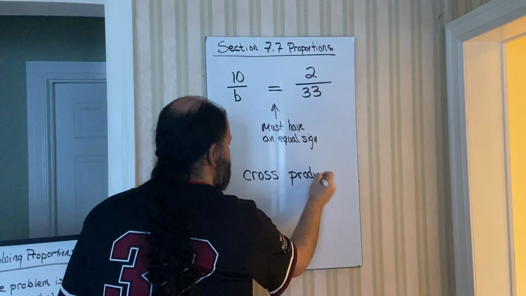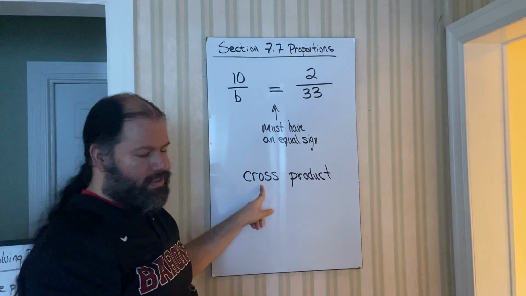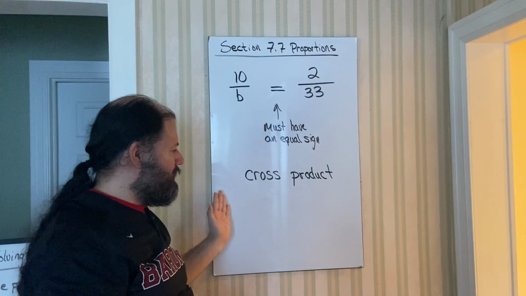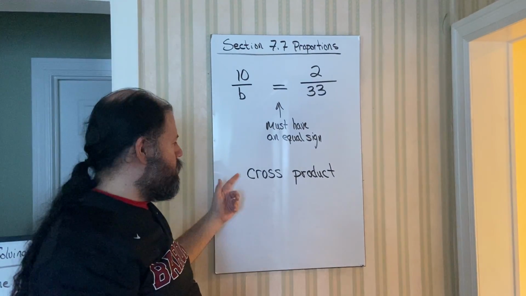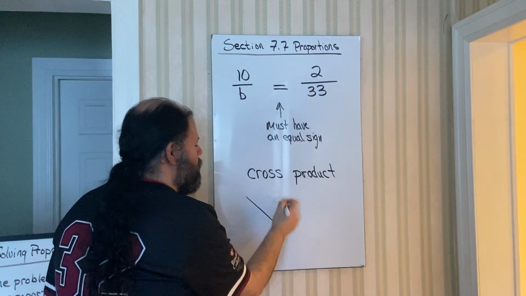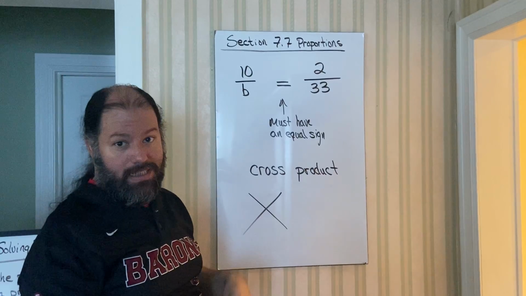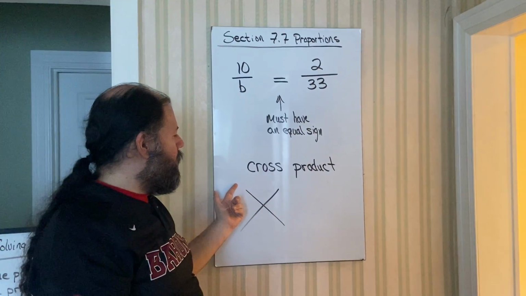You might be saying, wait, what's the difference between across and cross? Cross, think of it like an X. Across with an A just means like top was top, or bottom was bottom. Cross means that we're going to do like an X. Product, we already know, means the answer to a multiplication. So what we're going to do is multiply